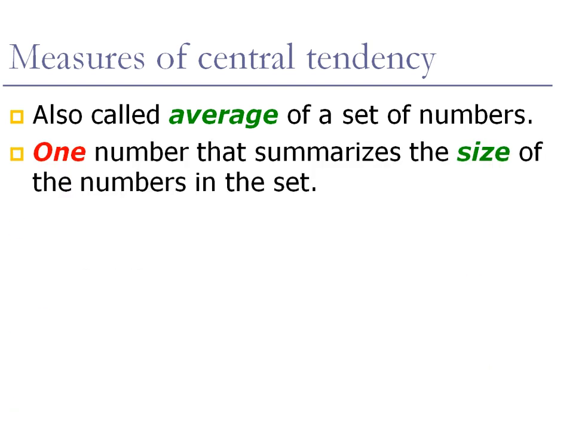Well, an average is simply one number that is meant to summarize the size of the numbers in the whole set. So we want to try and get some kind of representative number for the whole set of data. Of course, the problem arises because in the data set we're going to have different kinds of numbers, some of which are going to be repeated, some of which are going to be much bigger than others or much smaller than others, and so on. And so what we need to do is figure out a way of choosing a number that